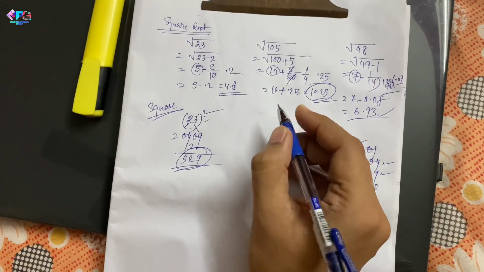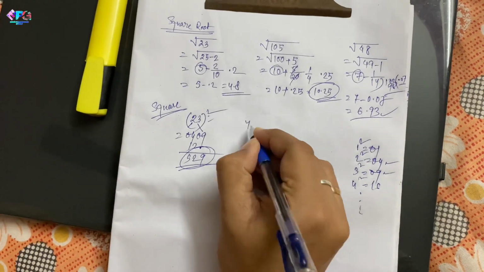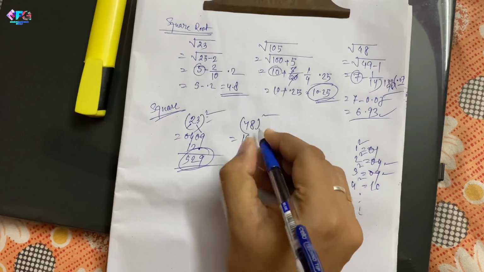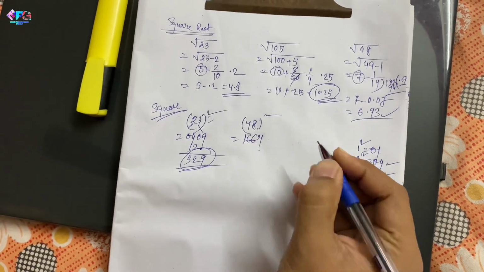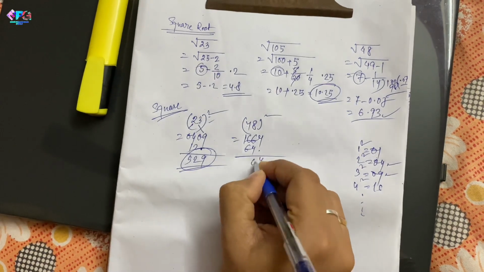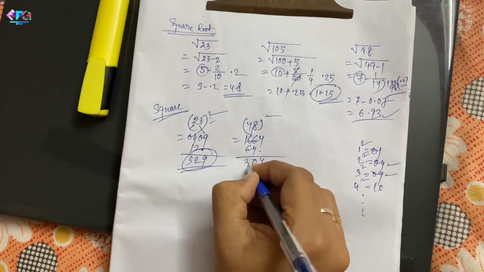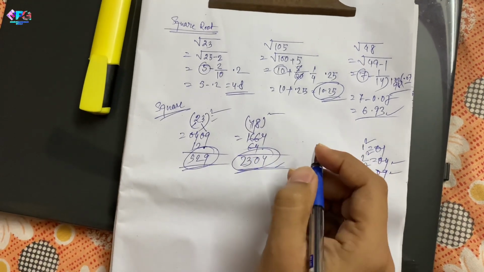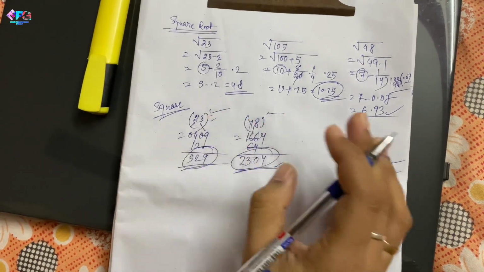Okay, I am taking another number, 48 square. Tell me, 4 square is 16, 8 square is 64, skip, 32, 64, 4, 10, 1, carry 1, 12, 13, carry 1, 2. That's it, very easy, and within 2-3 seconds you can calculate this.